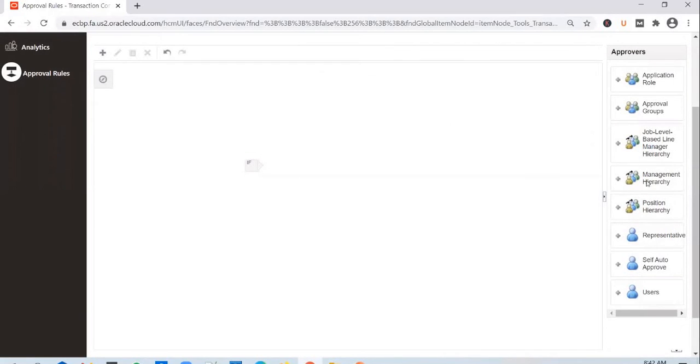And for hierarchy, you've got a couple more options as well, like job level based and position based. These two work exactly the same way the management hierarchy works. The way it works is, if I log into the application and submit a request, say create a job, and we use position hierarchy in the approval process, there would be a position attached to my employee record, right? On my employee record, there will be an assignment, and on the assignment, there will be a position attached. Say, for example, I am an analyst.